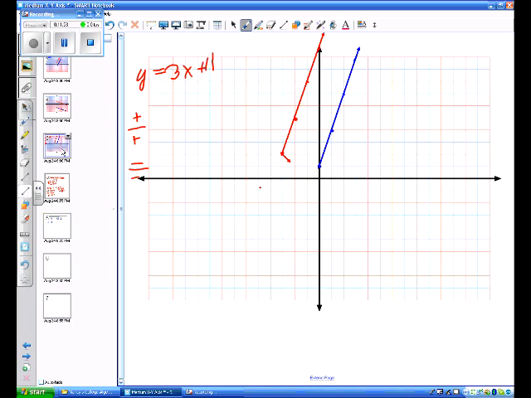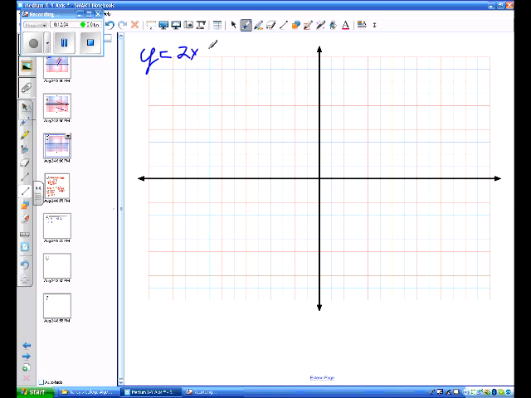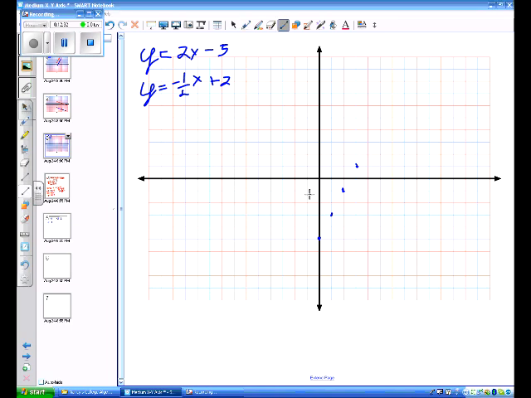If we looked at some lines that were perpendicular and looked at their slopes, then let's say that we have the line y equals 2x minus 5, and then y equals -1/2 x plus 2. On graphing the top one, we're at -5, and we have a slope of 2. Up 2, to the right 1, up 2, to the right 1, up 2, to the right 1. And if we draw that line,